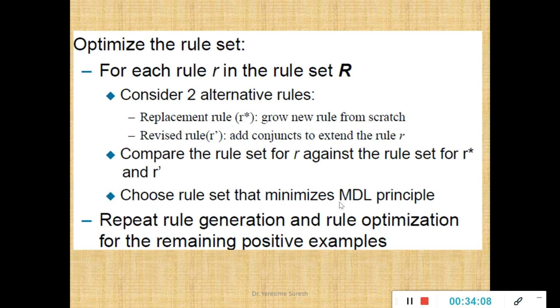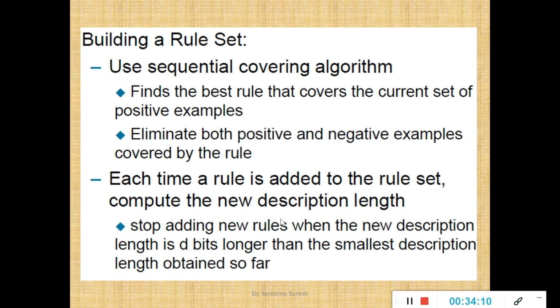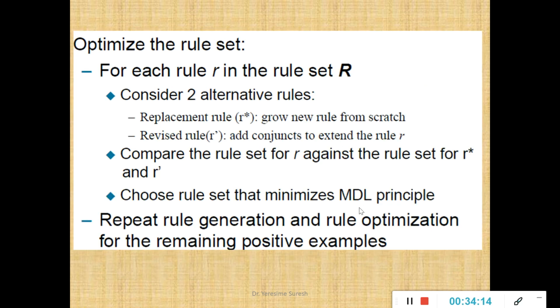Choose the rule set that minimizes the MDL principle. What is the MDL principle? The minimum description length principle. Any rule covering more records with fewer conjuncts, such a rule set will be selected among R, R star and R dash. So any rule set having fewer conjuncts covering more records will be chosen among these